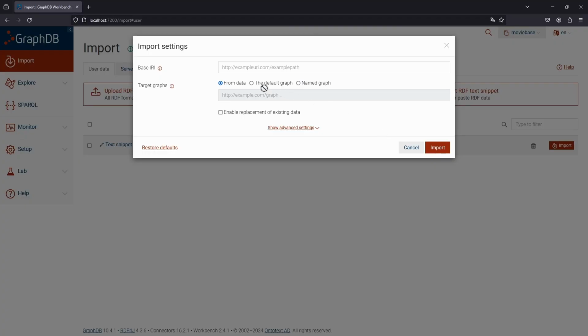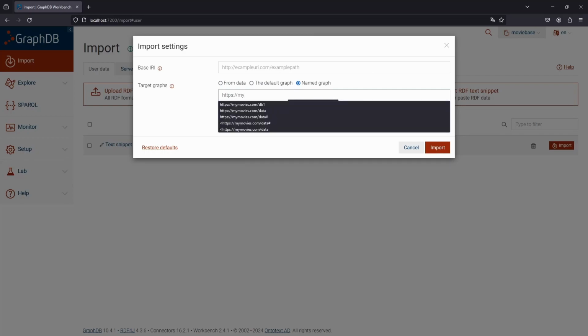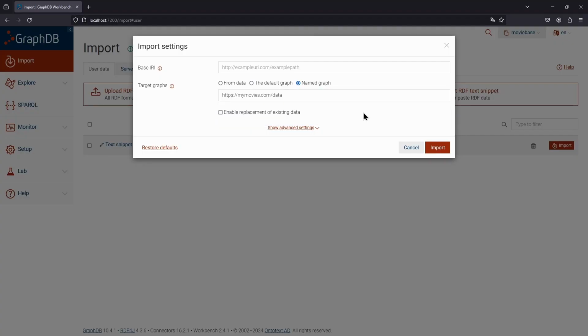However, the name default graph is a bit poor for assigning our triple, so we define our own named graph. And we use the same schema and path for our named graph as for our subjects and objects in our triple. Click on Import,